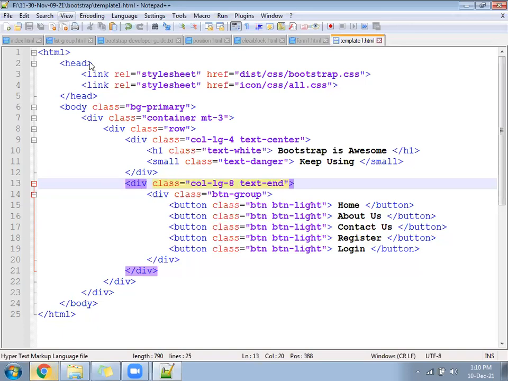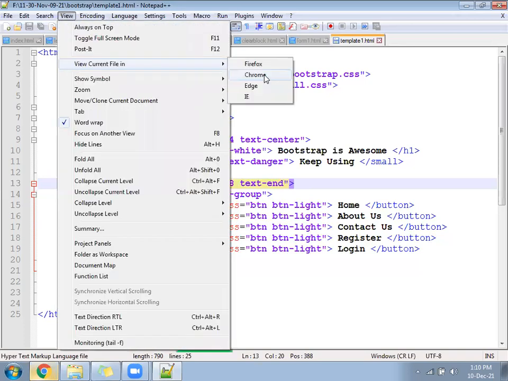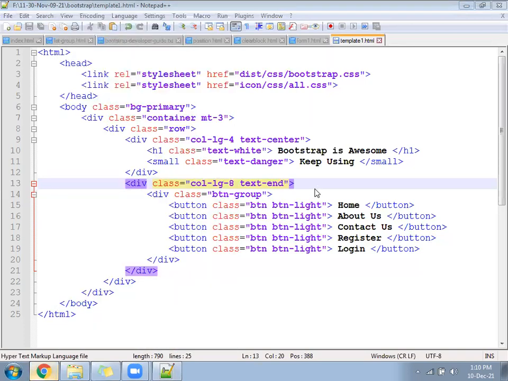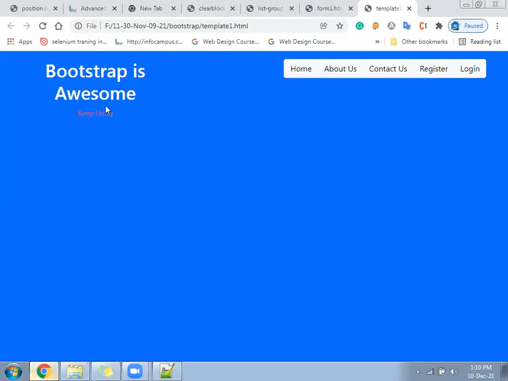Clear? Anything is coming? Something like this. Okay, Bootstrap is awesome for you.